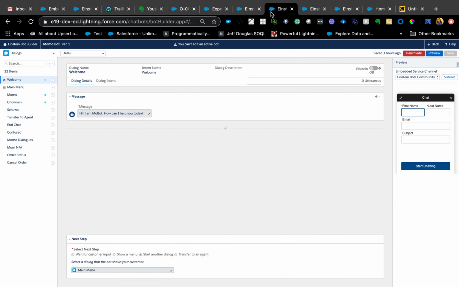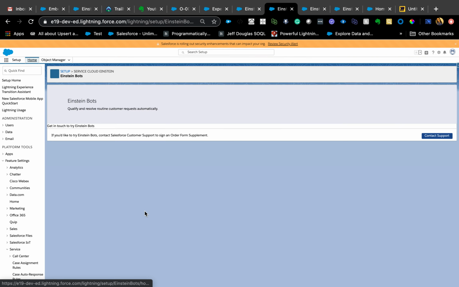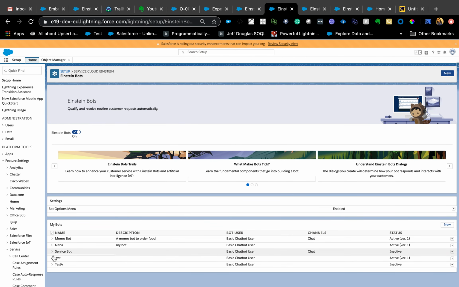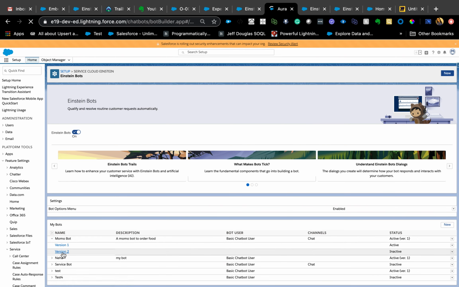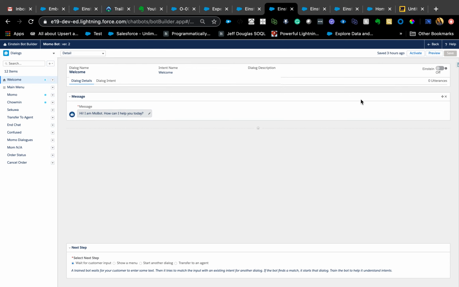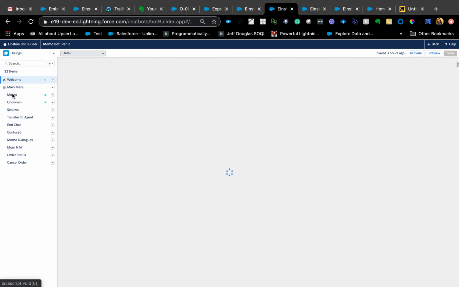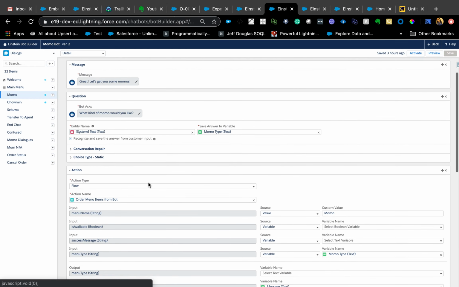I want to show you actually a different one. I'm going to clone this because this is an active bot and you cannot edit it. We're going to go into an inactive version. Okay. So in version 2, this is inactive, so I'm able to edit this. Same concept, just like Flow. And now here,